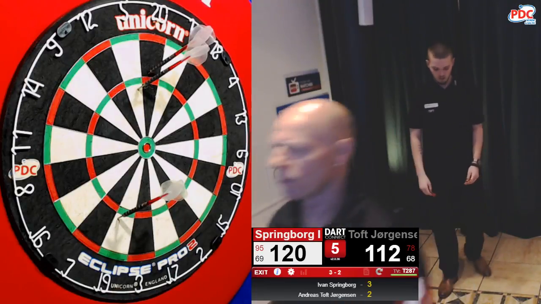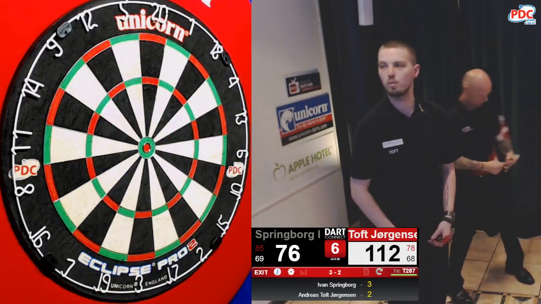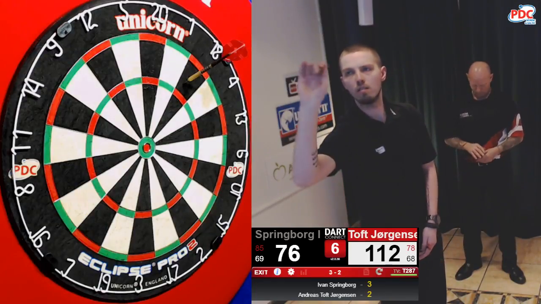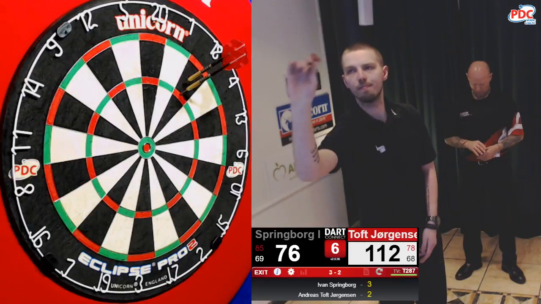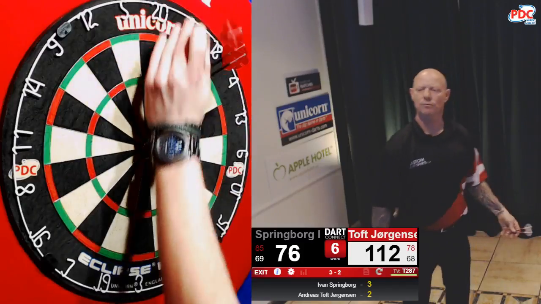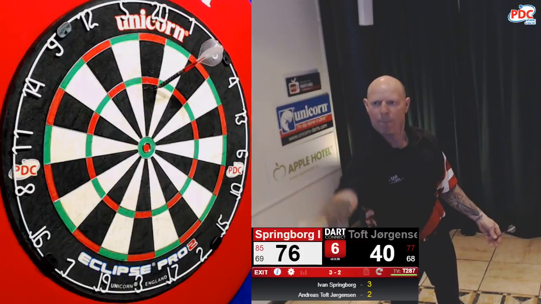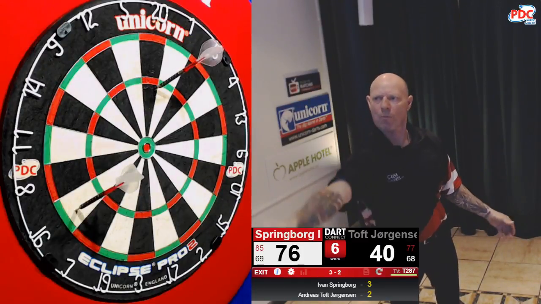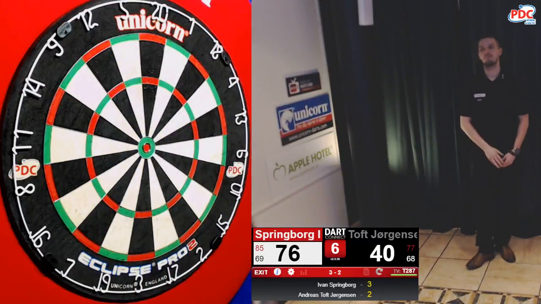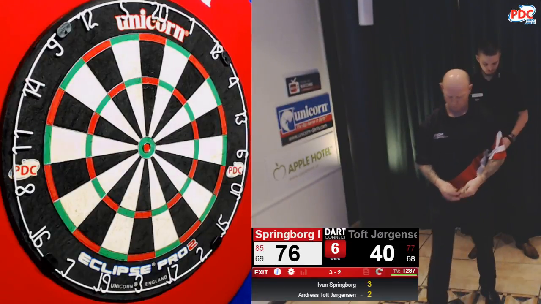Treble 19 would have left a double. He can do this. He's got 120. Perilously close, but alas, Springborg has the opportunity. 56, 16 leaves tops, and tops is there. Have to check, but it's there. No celebration, no excitement, no emotion,